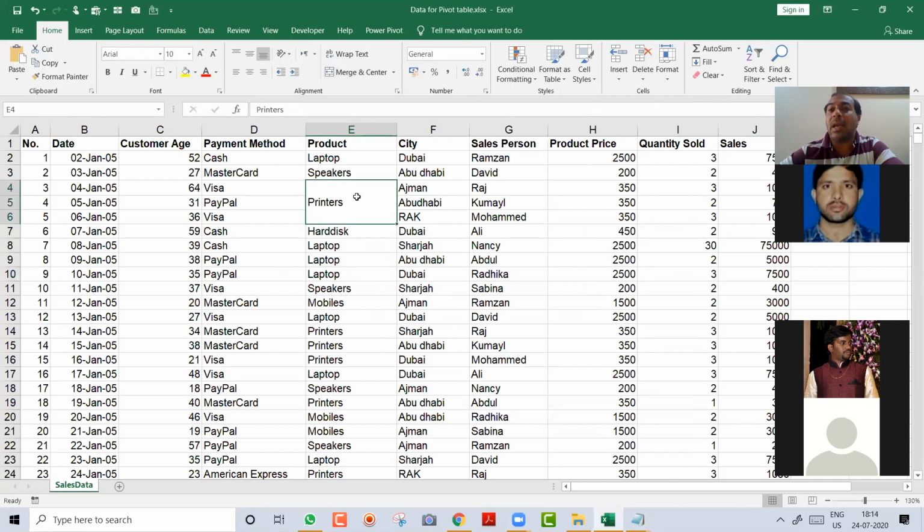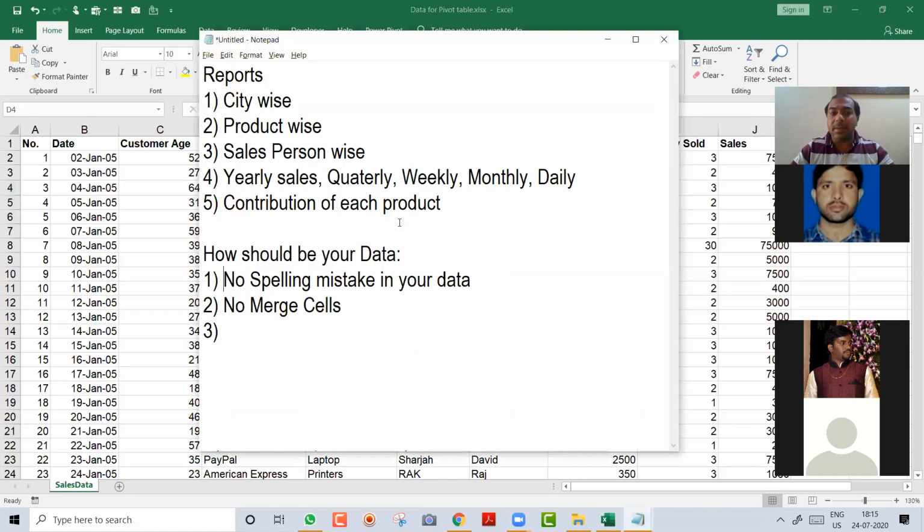Now when you count and when you do the pivot after a few minutes and you ask how many records of printer there are, Excel will count 1 record because it will search for the word printers. It will not see that you have merged 3 cells and give you a count of 3. No, Excel will not work this way. It will search the word. So if there are merged cells, you have to unmerge and fill the cells. Then only you will get correct reporting. So the first thing was no spelling mistake.